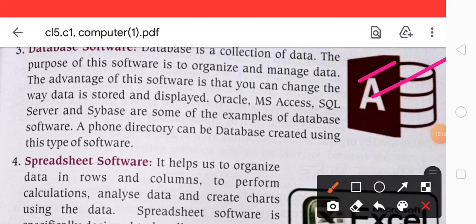Oracle, MS Access, SQL Server and Sybase are examples of database software. A phone directory can be a database created using this type of software.